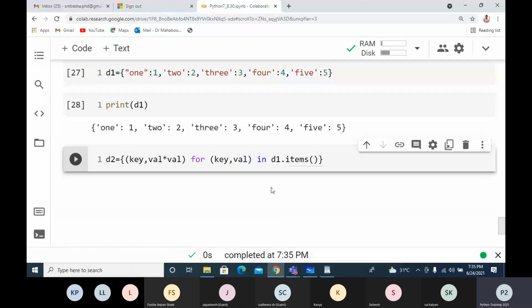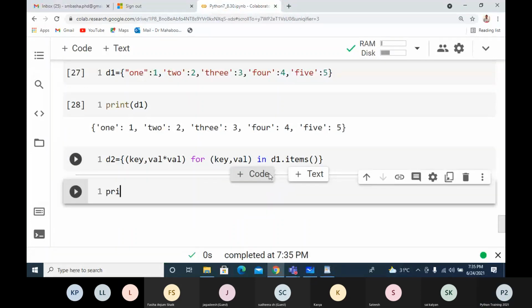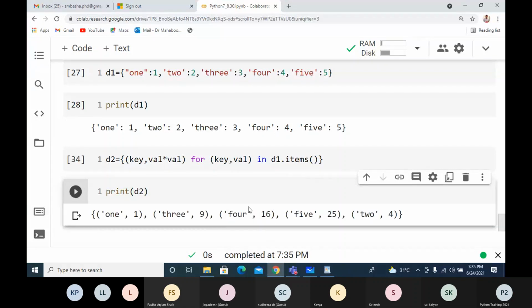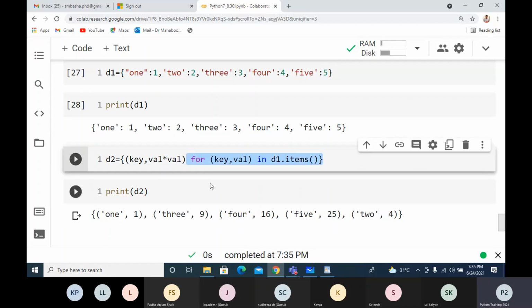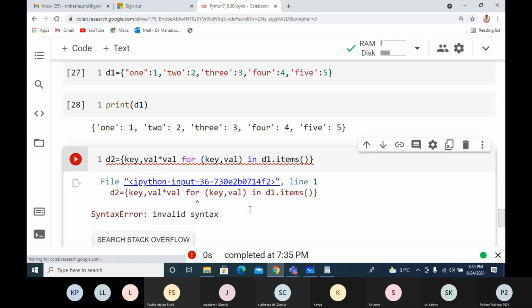So I'll print D2. It is actually taking a tuple, so I'll remove this. It is taking a set, I'll remove this. Now we'll see what is going to happen. Key val.